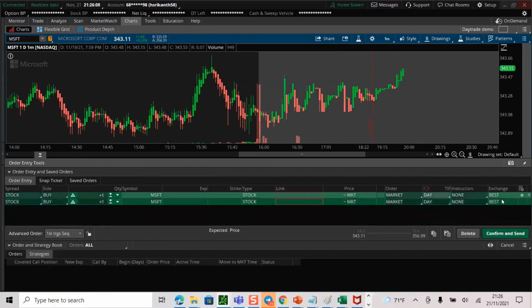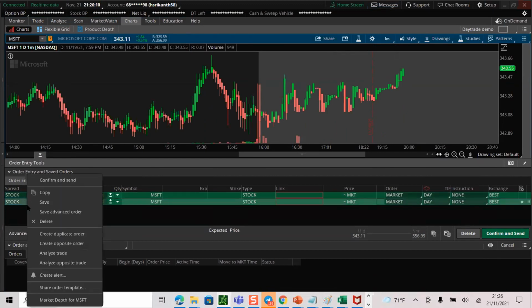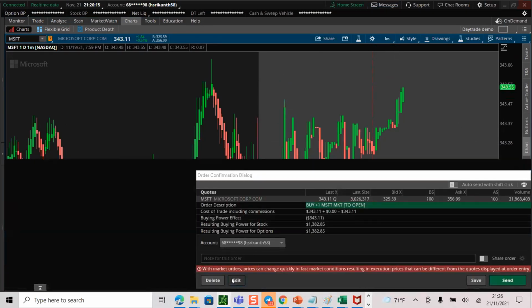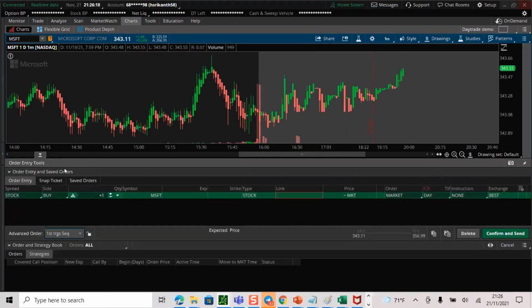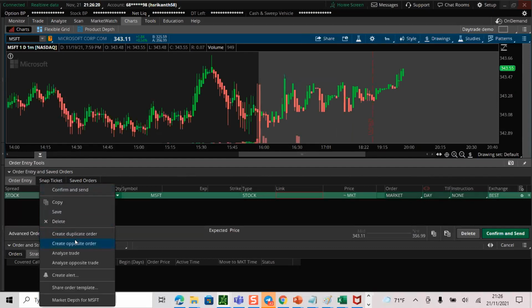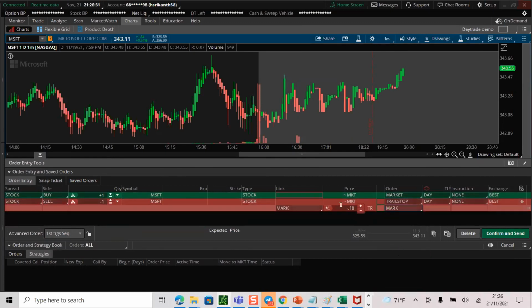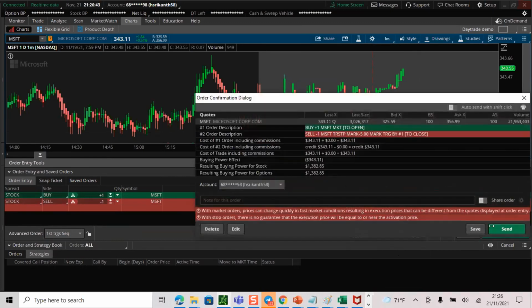I mean, let's delete. Right click, buy, edit, change it to first trigger sequence, and right click here, create an opposite order. Yeah, we can just create an opposite order right here and change it to trailing stop. And you say that, I don't want to lose minus like $5 or lesser than that. I'm okay, right? You can just confirm and send it,